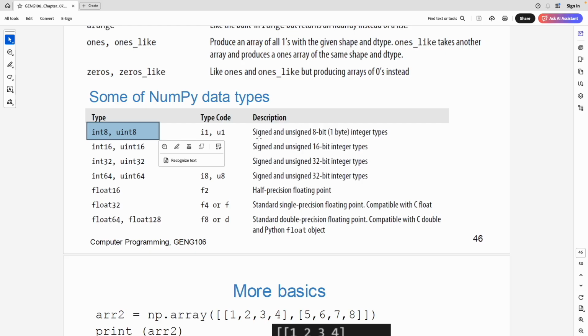So for an int8, I will use 1 bit to represent whether it is minus or not, and then 7 bits for the positive one. So its range goes from minus 128 to positive 127. But for the uint, it's unsigned, so there are no negative numbers. So I also use that 1 bit to represent a larger number, so that I can go from 0 to 256. Based on my data, this becomes a little bit technical, I'm aware of it, but what I